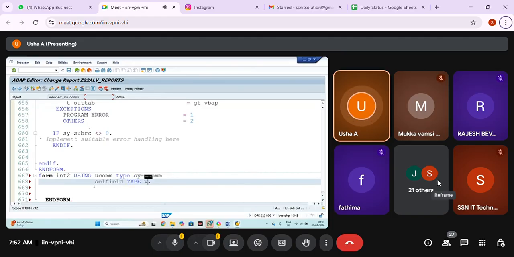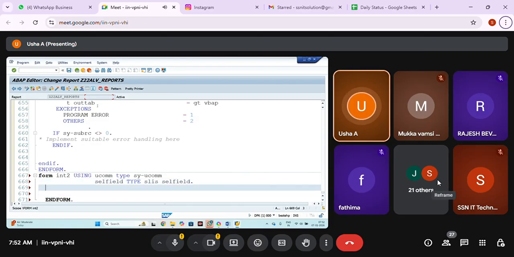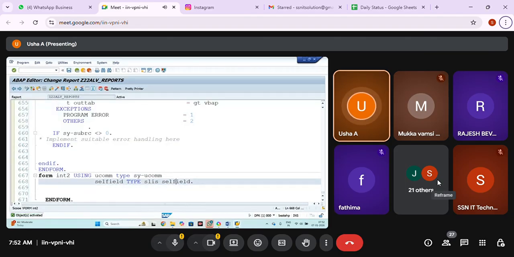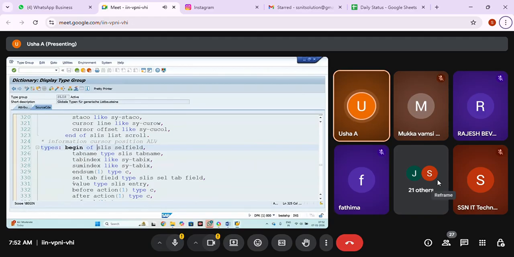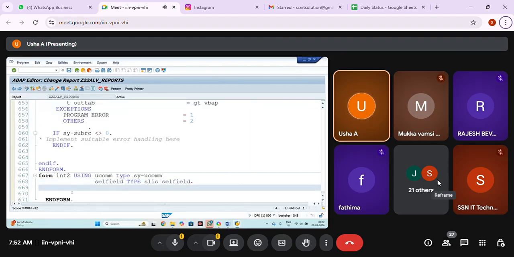Cell field type SLIS underscore cell field. Now I'm going to write based on the value which is available here. You can see in this, what is that value? It is going to capture the value which is dynamically selected. I'll show in the debugging mode.